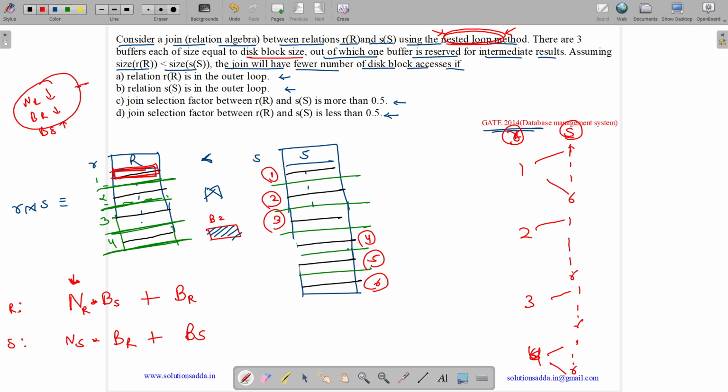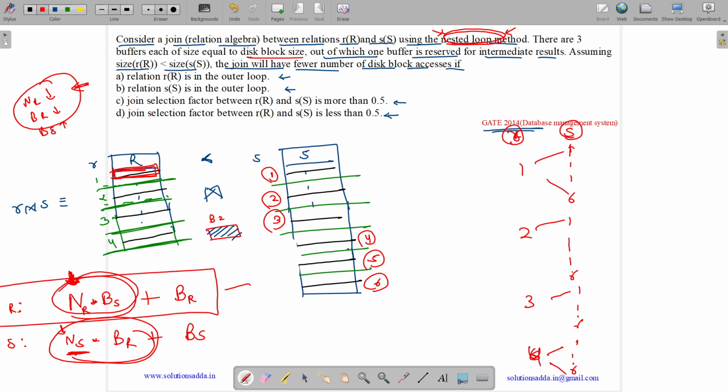Multiplication of two smaller values will result in a smaller value. Here NS is a larger term, and since we are using multiplication, we have NR into BS plus BR. So R should be in outer loop so that we will have a smaller number of disk accesses.